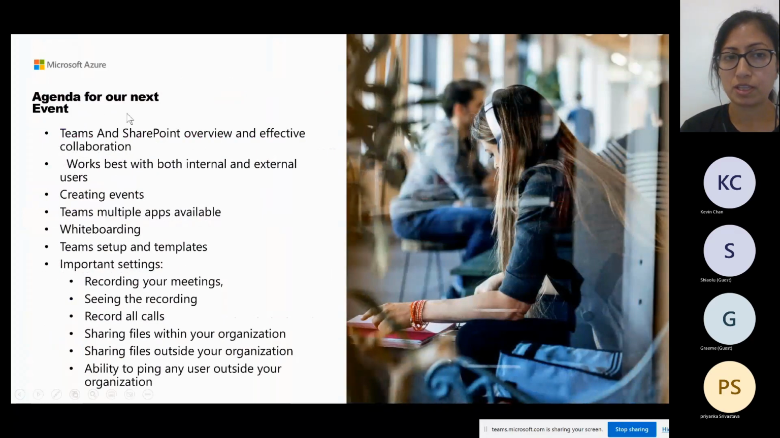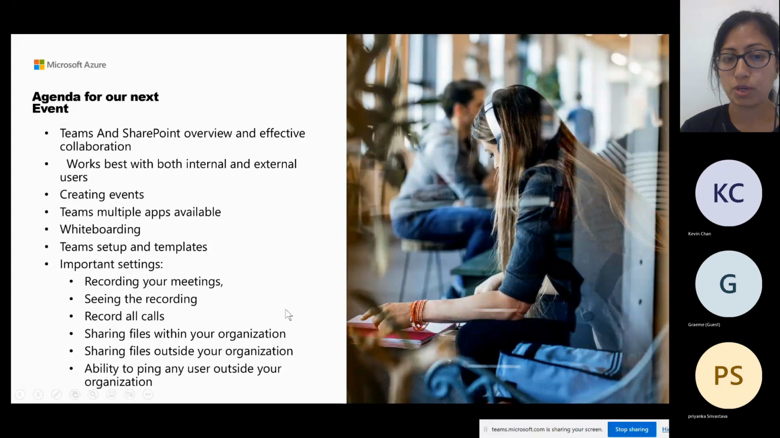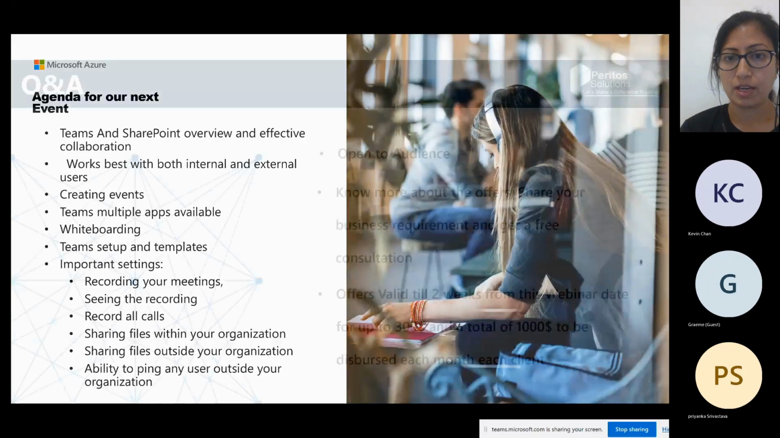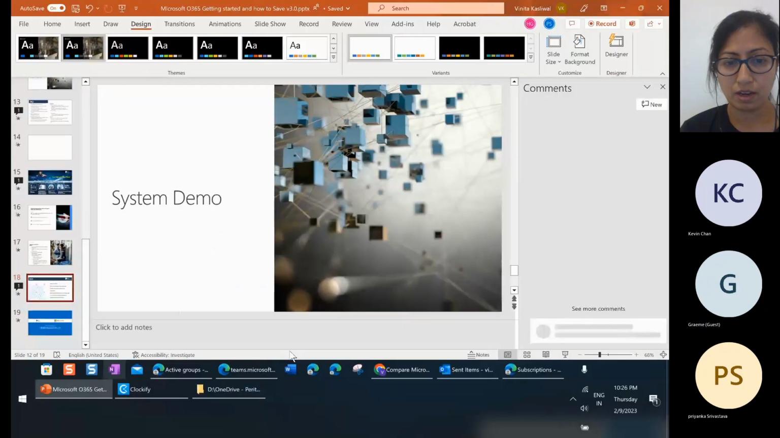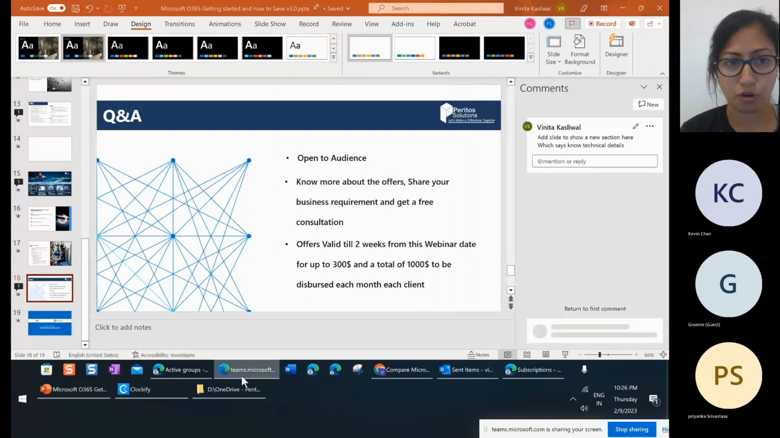I would just like to briefly mention that we'll have another session on Teams and SharePoint where we go through each of these agenda items, which we are again going to put up for the next session that we are intending to do, probably in 2 weeks' time. And before we go further to the question and answers and offers again, I forgot to display one of the other